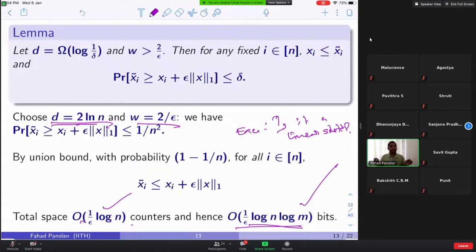And if you want to get an estimate of xi, which is xi tilde, you go to each row and look at the place where i is mapped to. Per row, you will see one particular location, one counter. So you collect these D counter values. Among these D counter values, you pick the minimum one and you just output it. So the algorithm will give you a data structure where you can do some post-processing operation and it will give you xi tilde for every i.